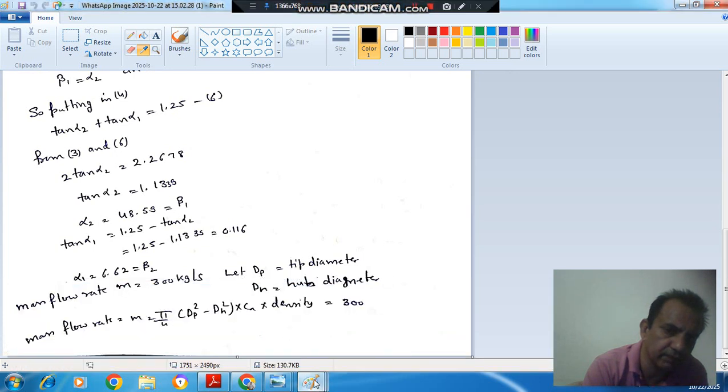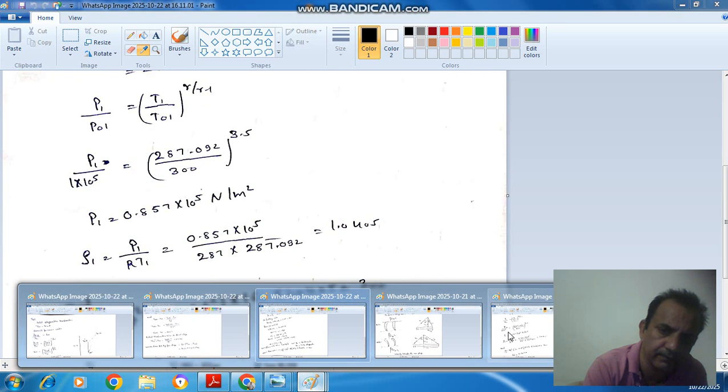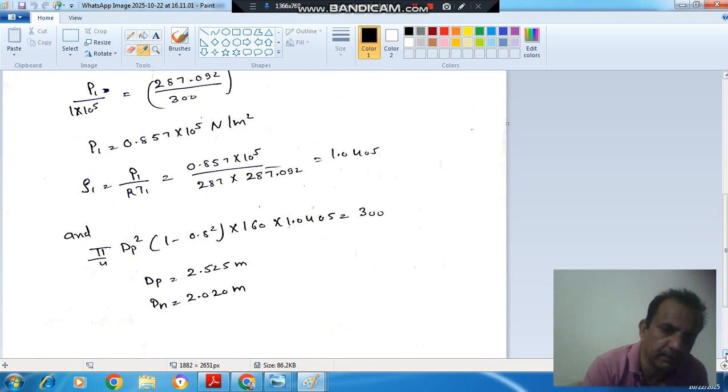Now we can put in this equation the value of CA, density, and Dh by Dp is 0.8. So from this we can find out Dp, that is 2.525 meter, and Dh comes out as 2.020. So these are the